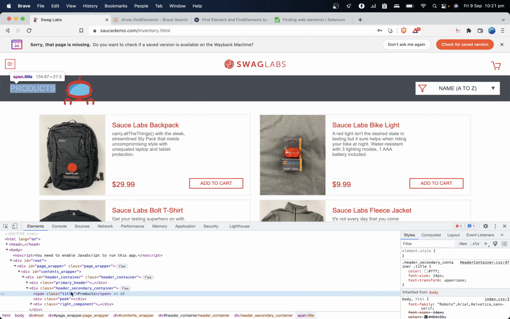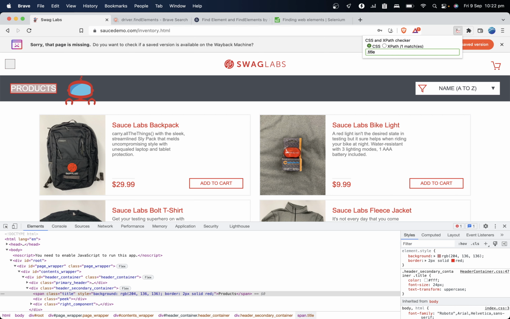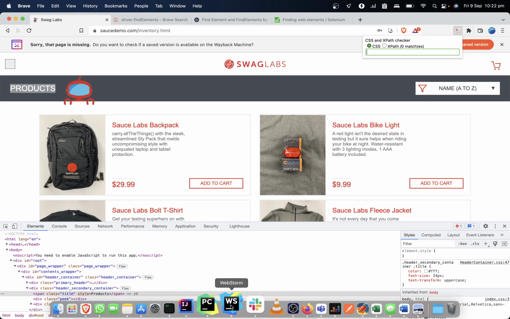So here we have class title. You should get yourself a CSS and XPath checker. I've mentioned it in the previous videos, so you could check that and see how to create all of this. So CSS and XPath checker, you can use it to get the things that you need. As you can see, it has been highlighted, so it's just one. So we go to here,